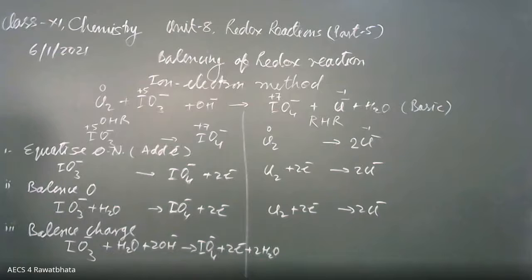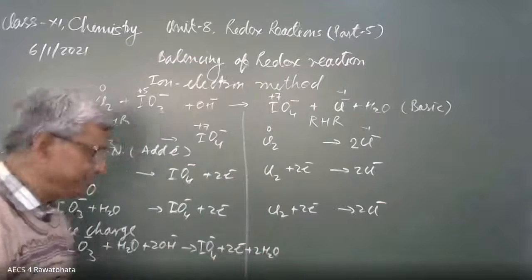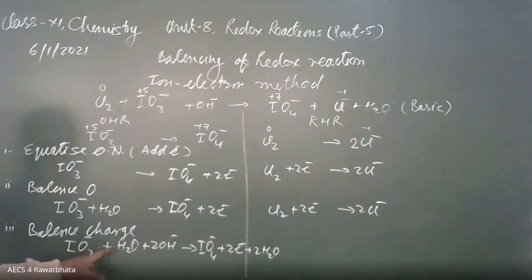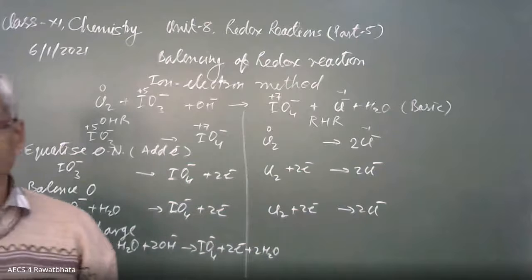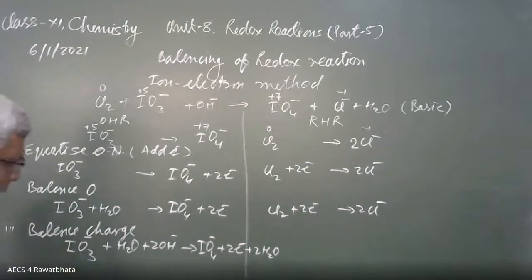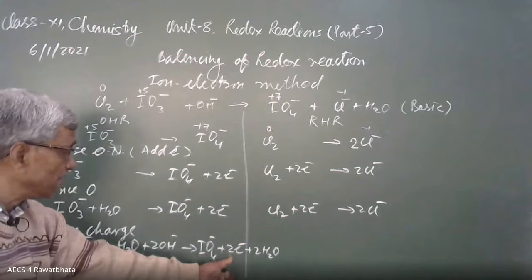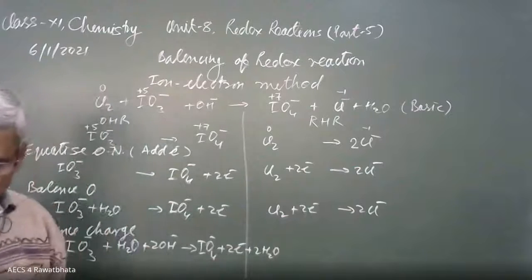Okay, beta? Check the hydrogen oxygen. Here is oxygen 3, 4 to 6, and here is 4 and 2 to 6. Charge here is 2 minus and 1 minus, 3 minus, and here is 1 minus and 2 minus, 3 minus. Hydrogen 2 plus 2, 4, and hydrogen this side also 4. It is balanced. Okay, now we are going to add these two reactions by taking care of oxygen, electrons. Here 2 electrons, here 2 electrons. No multiplication needed. So we can now add.